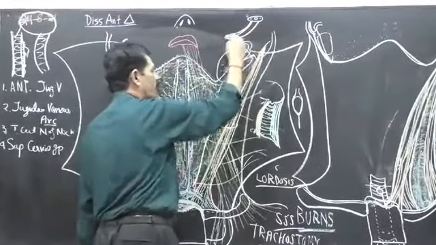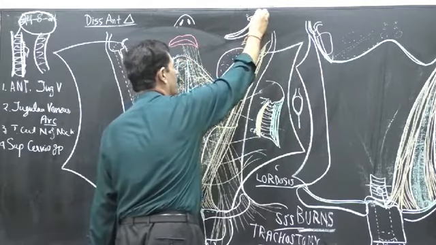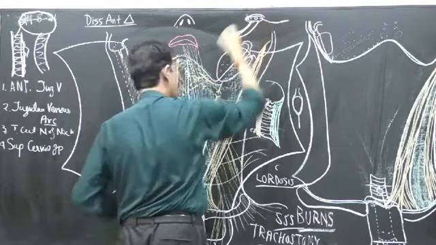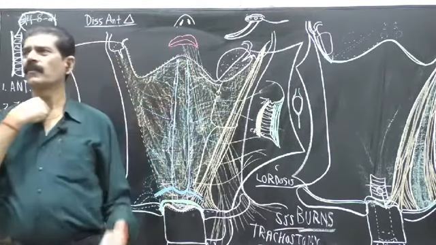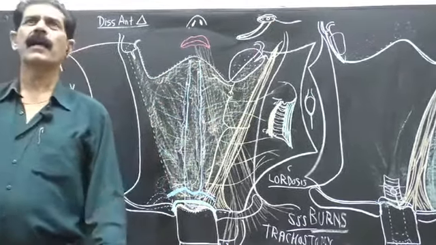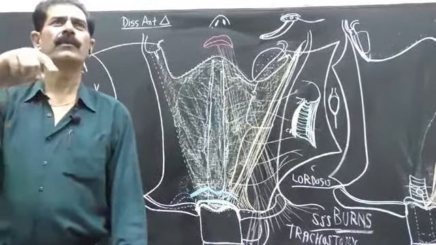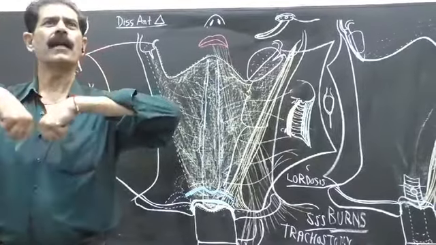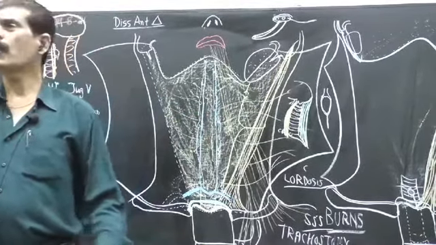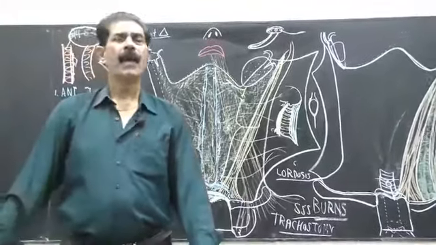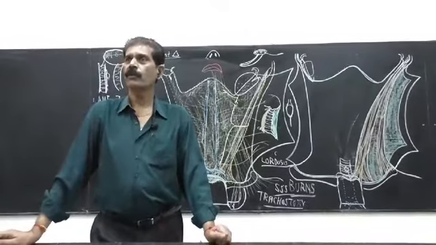This narrow nozzle we put into the hole, and this part remains outside, and we fix it with a thread and tie it behind. So it is fixed here. We put the direct nozzle of the oxygen cylinder into the tracheostomy tube. So oxygen goes directly into the right and left bronchus and to both the lungs. So this procedure you have to write down. In an emergency, to save the life of the patient, we have to put the tracheostomy tube.